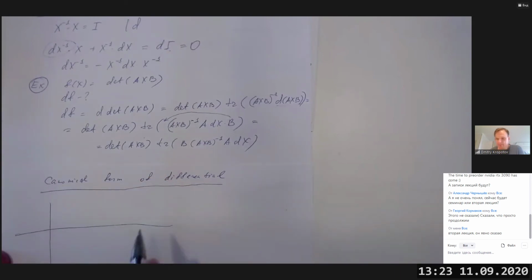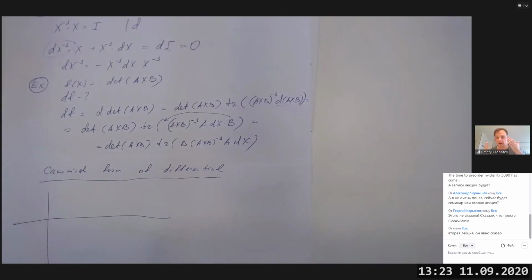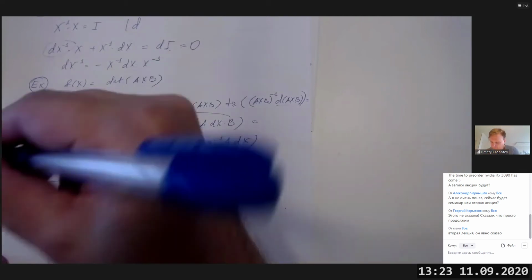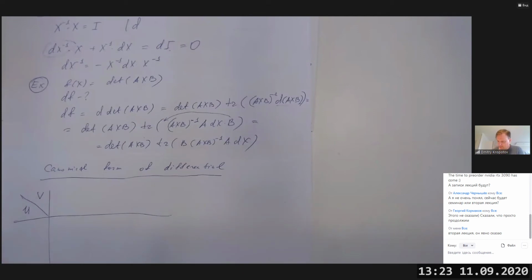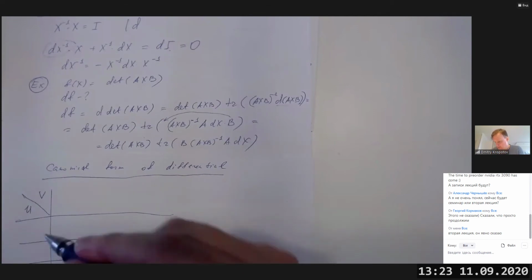So this is a table that connects differential and the gradient, the partial derivatives. So we write down this table as